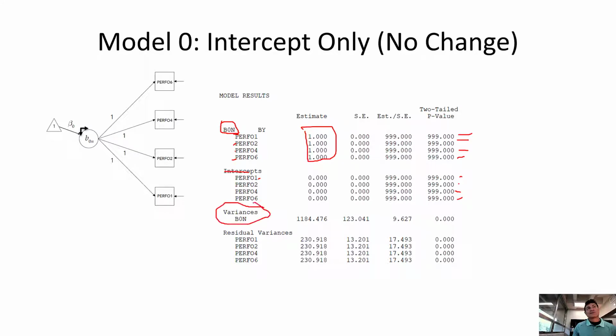The variance of this factor, and to me this is one of the things, when we get into multi-level modeling, we're going to talk about this quite a bit. The variance equals this number here. It's a big number. We'll want to reduce this number over time. We want to have less individual variance. The better we explain things, the less individual differences we'll have. So over time, that's something we're going to look at. It's part of the fit indices.